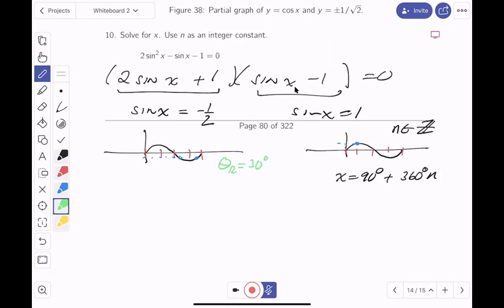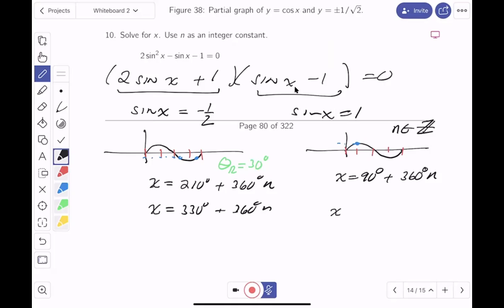All right, let's write it down now. What's x going to be? Well, it's between 180 and 270 with a reference of 30, which makes it 210 degrees plus 360 degrees n. Now the next one's between 270 and 360 with a reference of 30, which is 330 degrees plus 360 degrees n. I'm going to write down the radian measure,